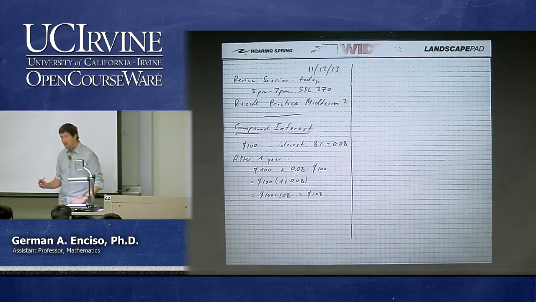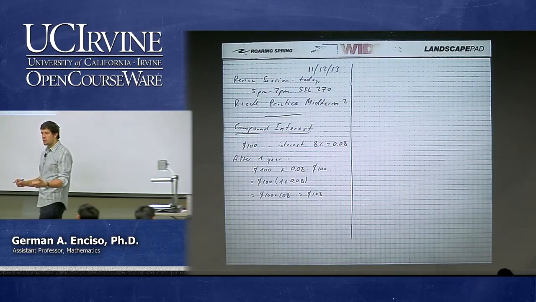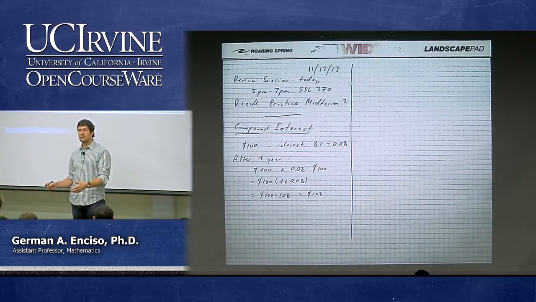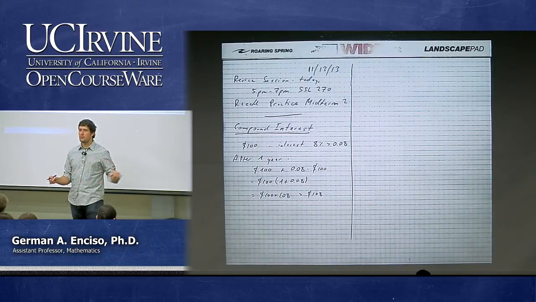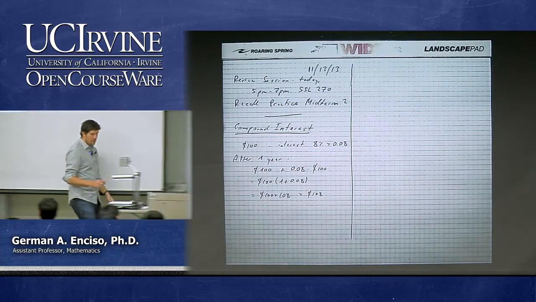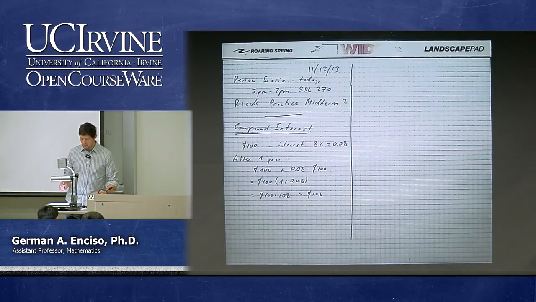Great. So as you can see, the short answer is you take whatever amount you got when you're starting, and you multiply it by 1.08. Okay? If we had started with $1,000, the same thing. $1,000 times 1.08, that's what you have after 1 year. Okay? So after 2 years,